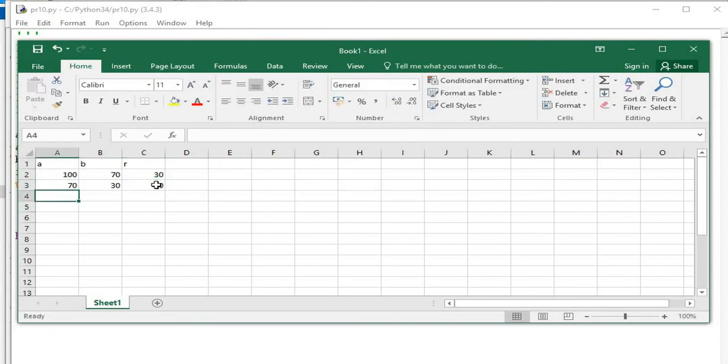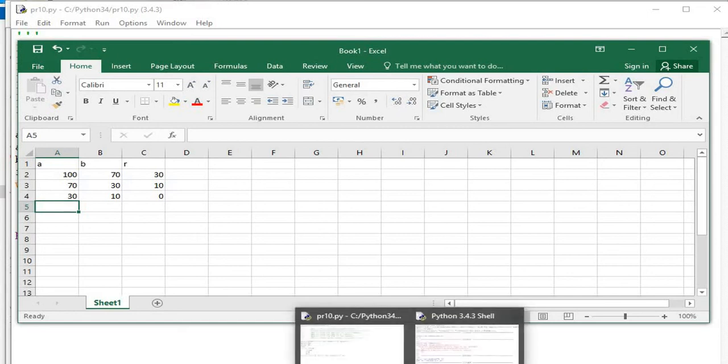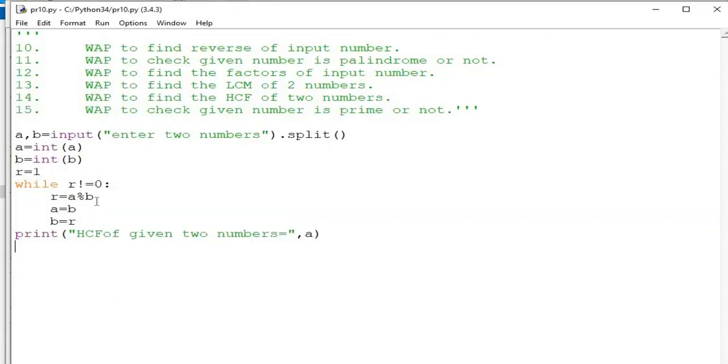Now again the remainder is not 0. So a equals b: a will be 30 and b will be 10 and the remainder will be 0. Here the remainder is 0, but it will complete the execution of this step first, because it checks the value of remainder only after completing the step.